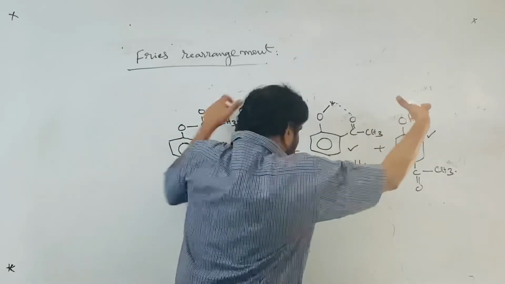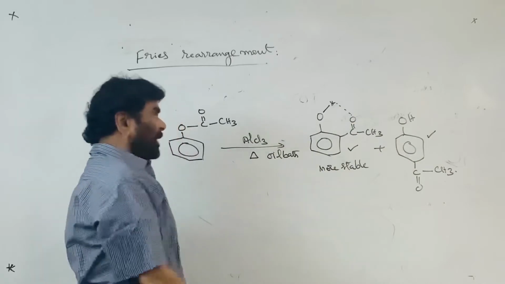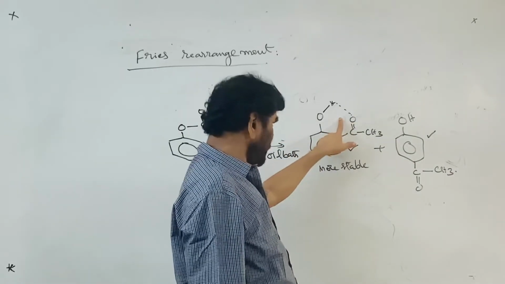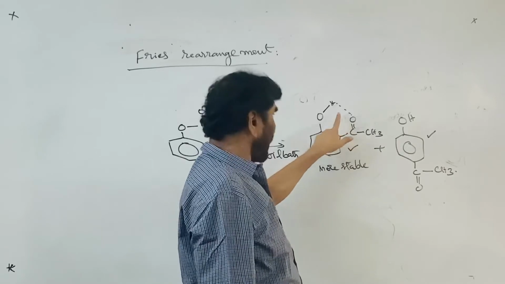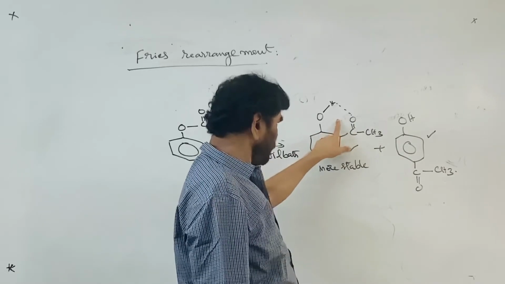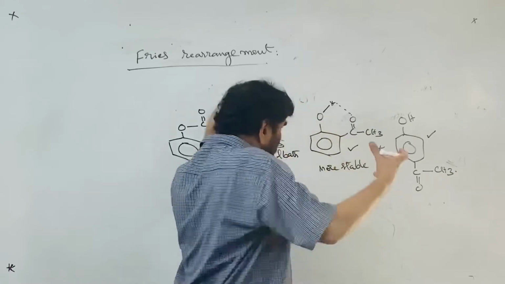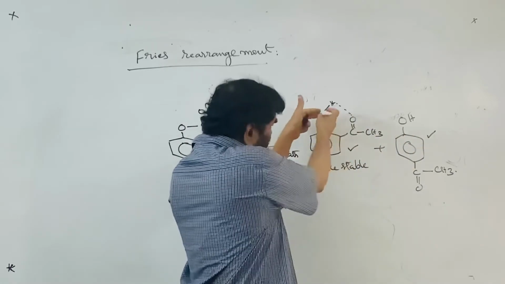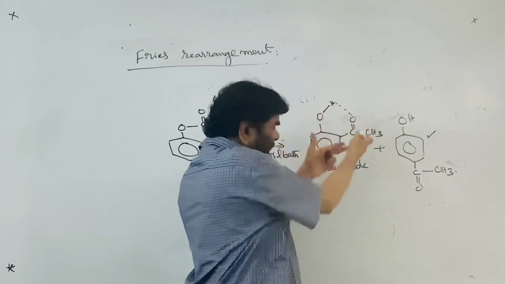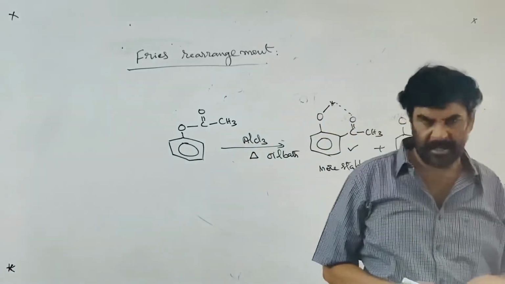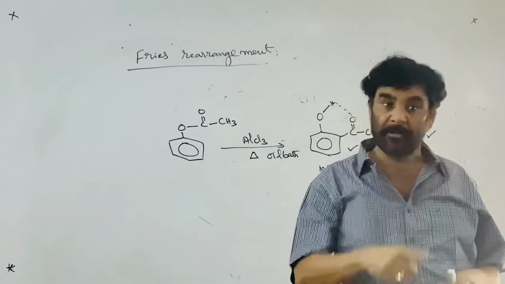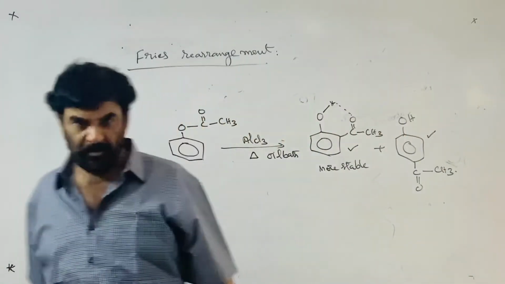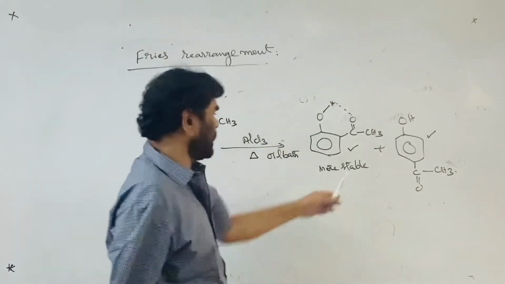But due to the ortho effect, in approachability, more activation energy is required, so high temperature is needed. Why is the activation energy more? The group has to approach the ortho position, and while approaching, before connecting, the approaching group experiences repulsions with the OH group connected to the ring. Therefore there is more activation energy, and less potential energy of the product, which is the kinetically controlled product.